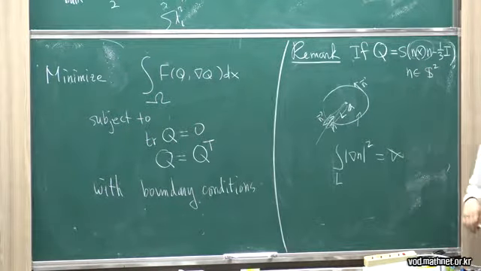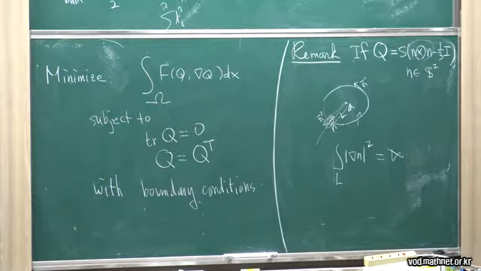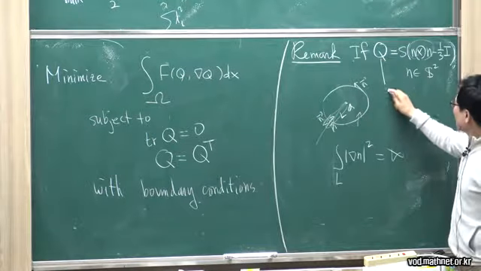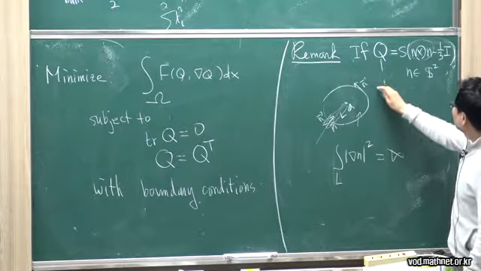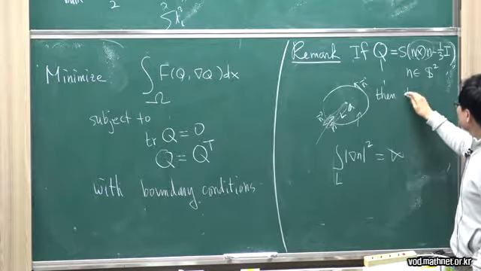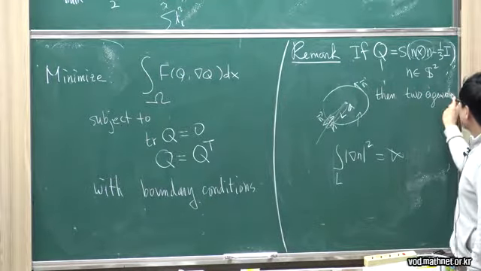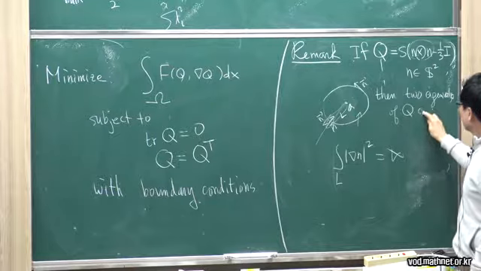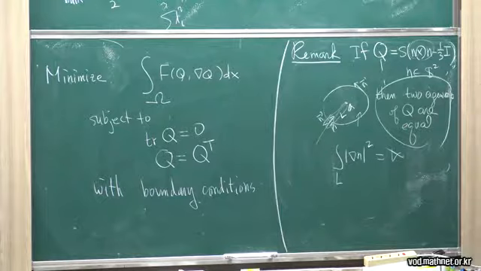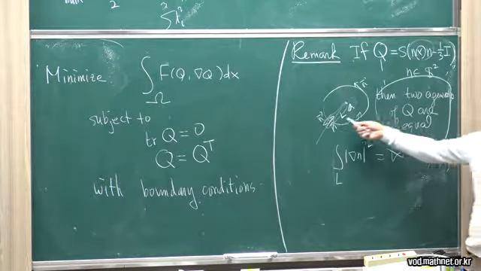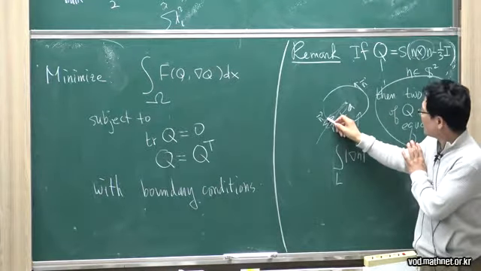When you compute the eigenvalues of this one, two eigenvalues are equal. When you use Q for these situations, although n jumps from here to here to the opposite direction,